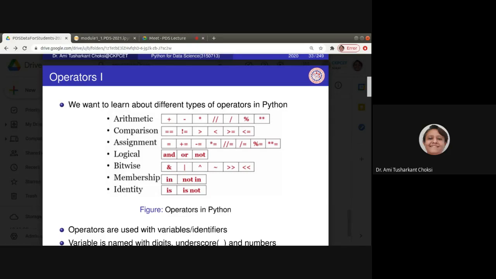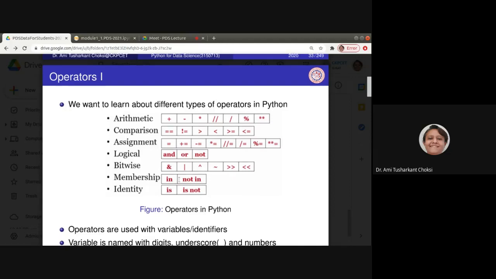If we want to have the addition and then after the assignment, we can say it is a plus equal to 5, right? a minus equal to 5, a multiply equal to 5, a integer division equal to, a division equal to, a remainder equal to, a raised to equal to, right? Okay. Then logical operators, and, or, not, right?